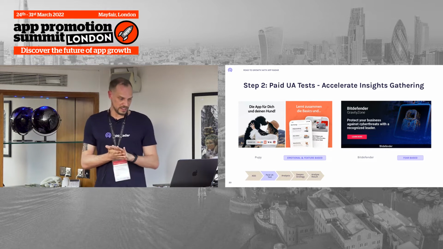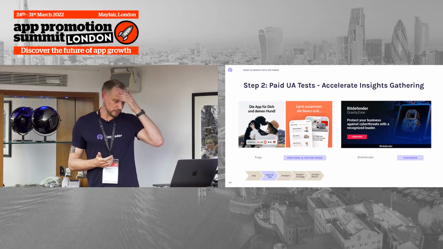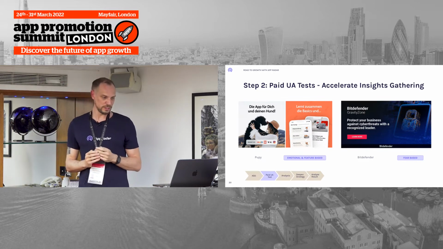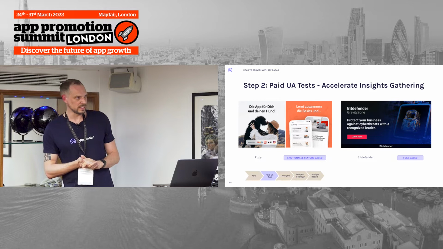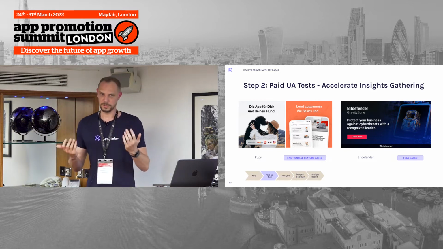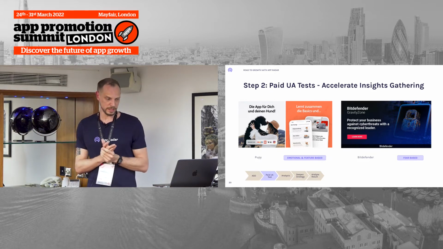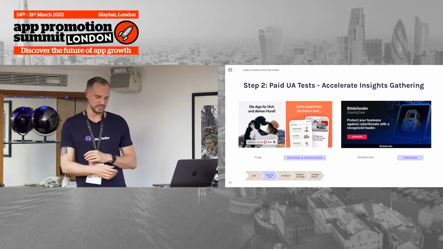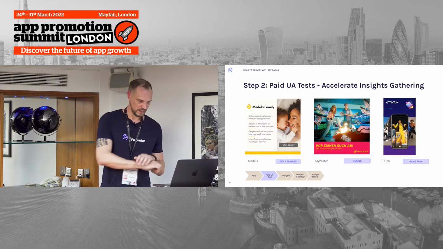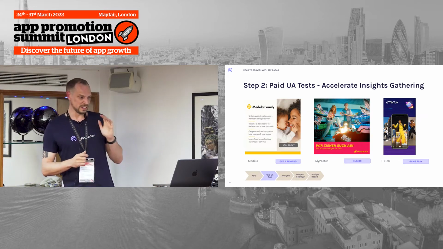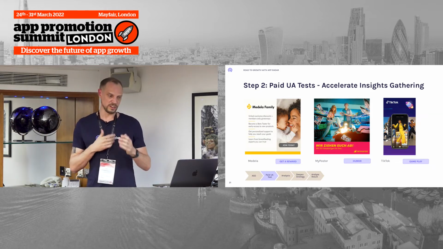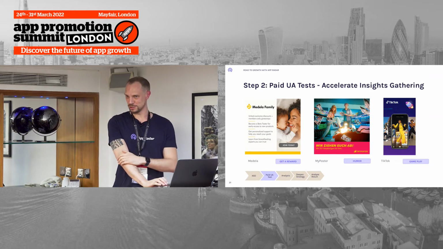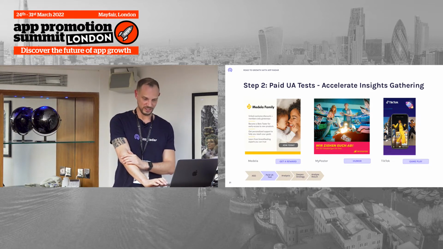Here are some other examples as well. For example, you can combine different forms, such as emotional with feature-based. Another thing that also works quite well, depending on what your app is about, as we can see in the case of Bitdefender: if you play with the fear of your audience, you can grab their attention in a lot of cases. Another example, Medela, also reward-based. You can also bring in a little bit of humor, or, as we can see in the example of TikTok, you can show what your app is about and show some funny videos in your ads as well.